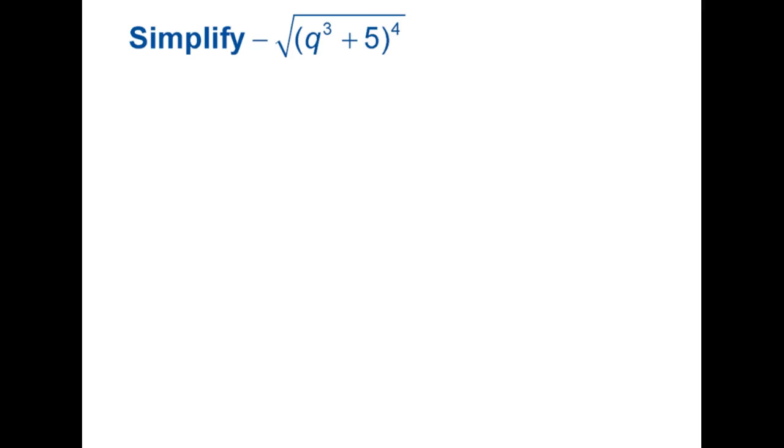Okay, let's simplify a little bit more challenging expressions. If I have an expression included inside parentheses, all to the power, then I can treat that expression just like how I treat my variables. So, I'm looking for the negative root of q to the 3rd plus 5 all to the power 4. So this can be written as negative q to the 3rd plus 5 all to the 4th